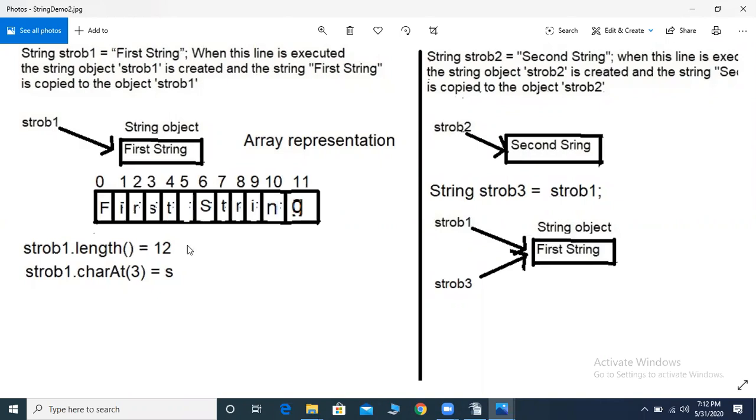In case of strings, it is fixed length. You cannot add extra letters or characters or digits to the original string. If we are adding, that means if we are concatenating, new memory is created and the entire string is copied to that new memory. So for example, in a string concatenation, if you consider this,